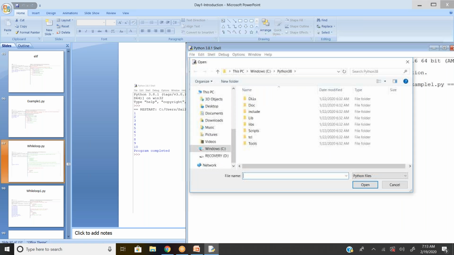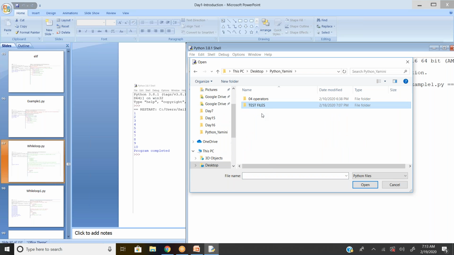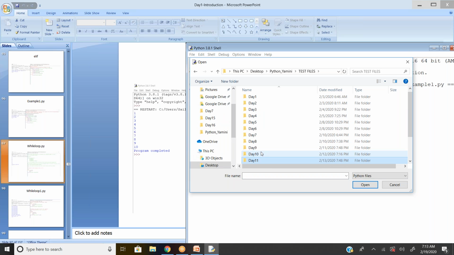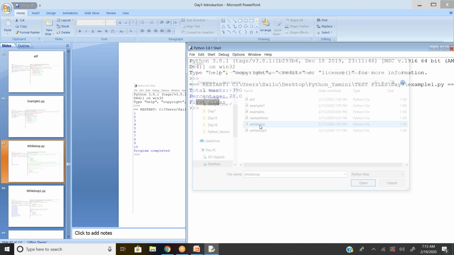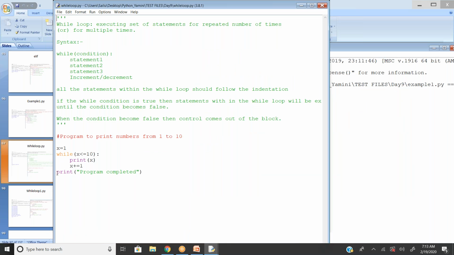Just for making you understand, I'm changing the position of the print statement from the starting position to within the block.